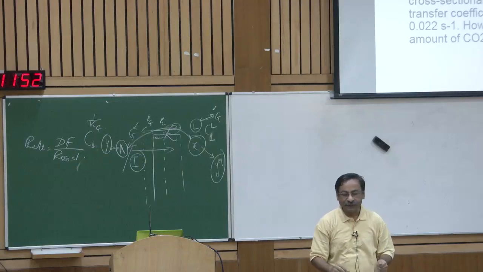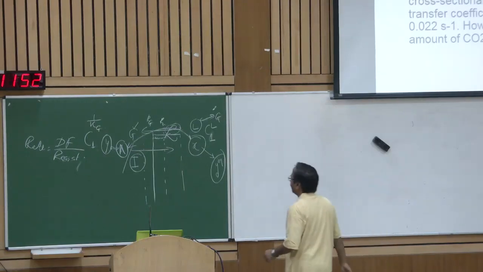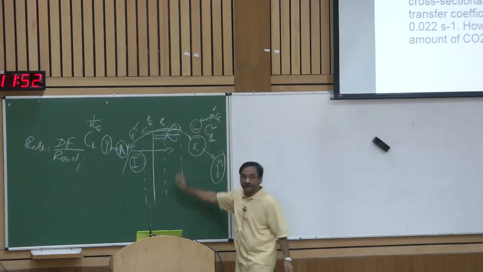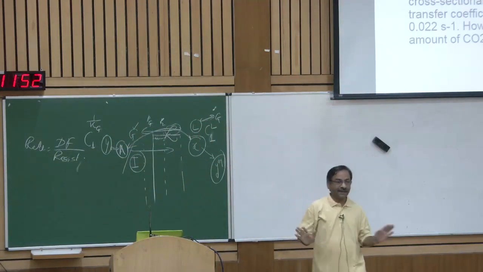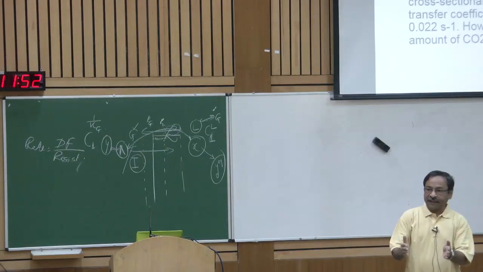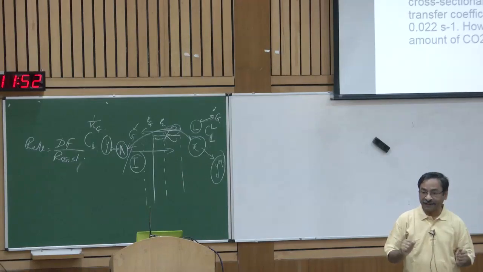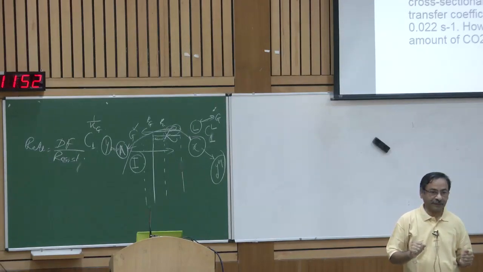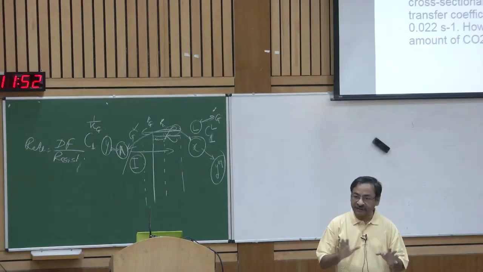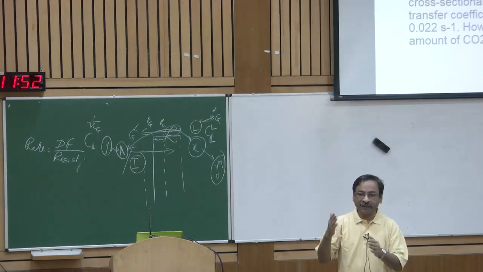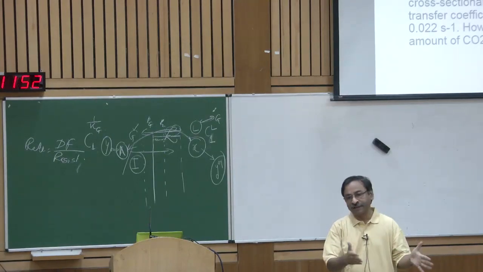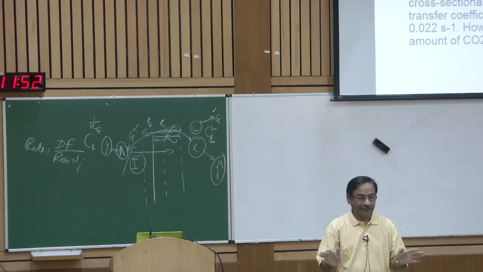Okay. Now we come to this. I want to define the flux in terms of bulk of gas and bulk of liquid, but I am not allowed to take the difference of gas phase and liquid phase concentrations directly. Because the phases have different densities, concentrations are very different. If I were to take the actual gas phase concentration and subtract from it the actual liquid phase concentration, I will get a negative value. It makes no sense.